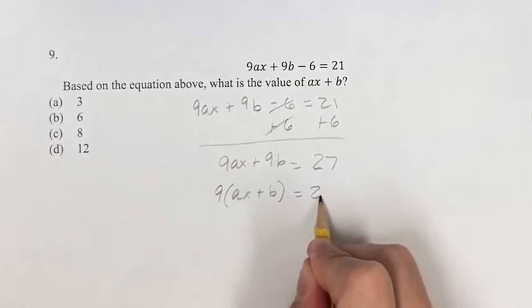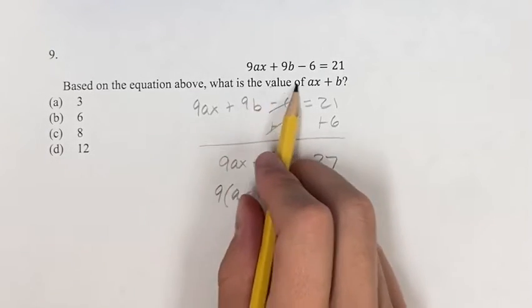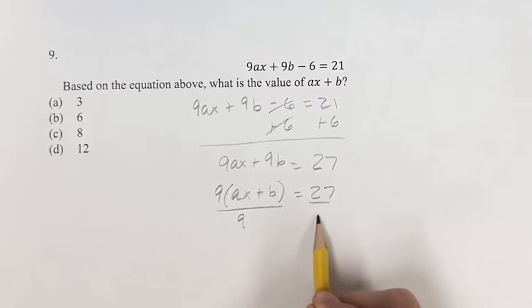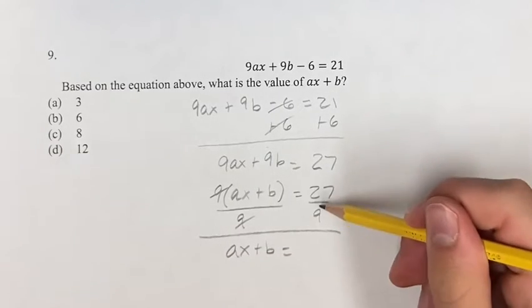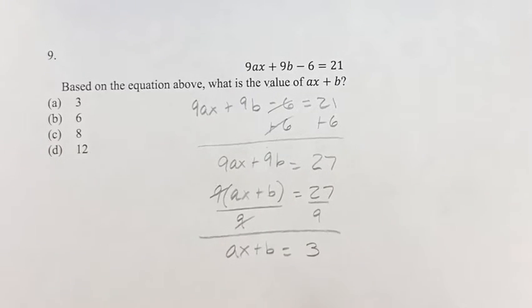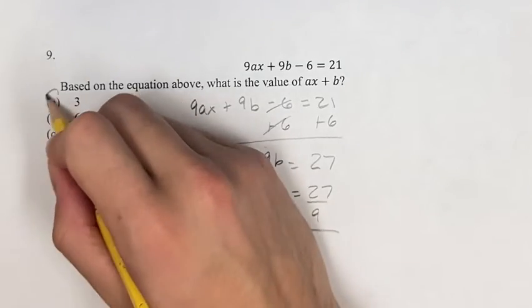We know that this is equal to 27, so if we want to solve for ax plus b, we want to find out what its value is. If we divide both sides by 9, these 9s cancel, and we just have ax plus b on its own is equal to 27 over 9, which is 3. So based on the equation, the value of ax plus b is 3, which means a is going to be